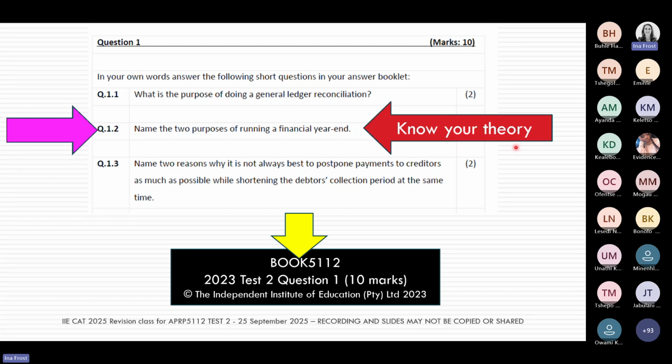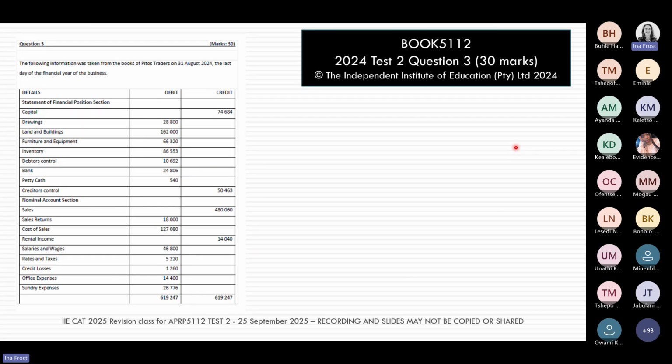So when we ask you a theory question, you'll have no problem with that. But let's now look at more of an application style question. For a typical learning unit 4 question, we are going to give you a trial balance. In this past paper question, again, we provided the students with a trial balance. Remember, this is trial balance number 12, the trial balance right at the end of the financial year.